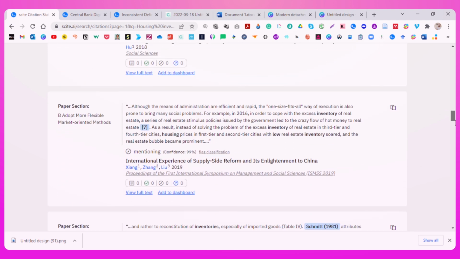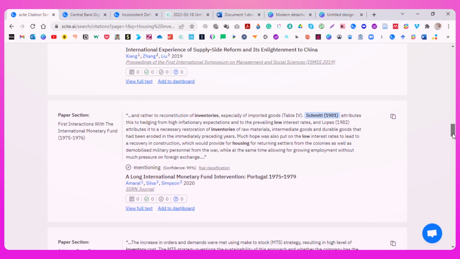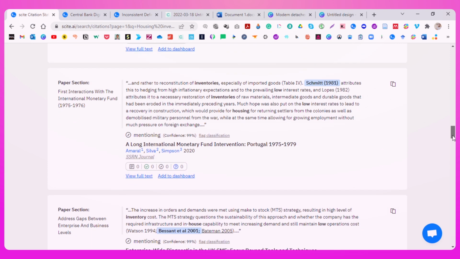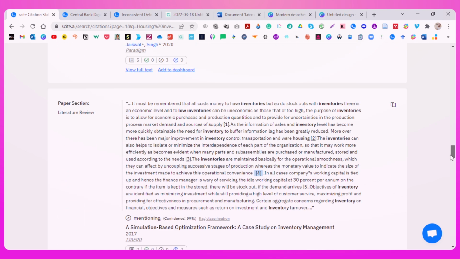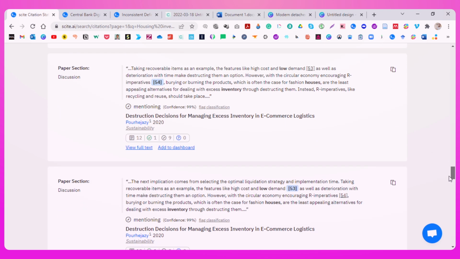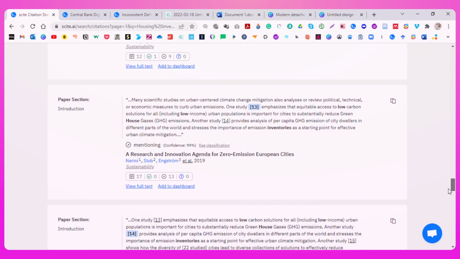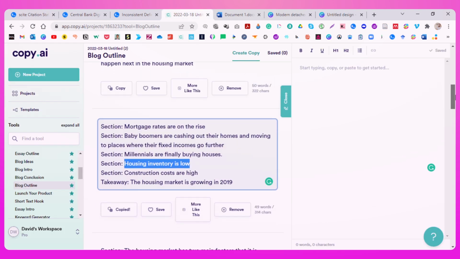Now, even though I felt that statement was true, in my quick look I have not found anything that represents that the data is showing that the inventory rates are low. So I can't say that specifically from a data standpoint that's been published. It's not readily available quickly. I would have to have someone give me the article or point out the article. All right. So let's see if we can find one more.